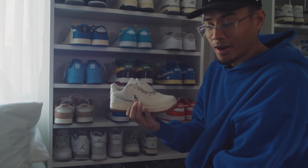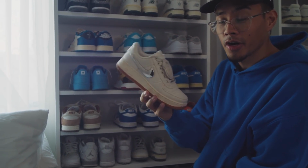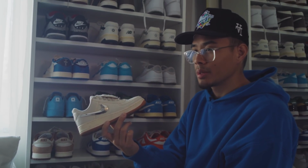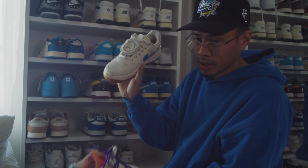I didn't know what to get her, and this was like the only shoe or only thing she ever talked about, so I went ahead and grabbed it for her. Prices on these are wild because at the time I only paid like $250, and now these are like $900, and she did wear them a lot, so shout out to her for actually wearing the stuff that I do